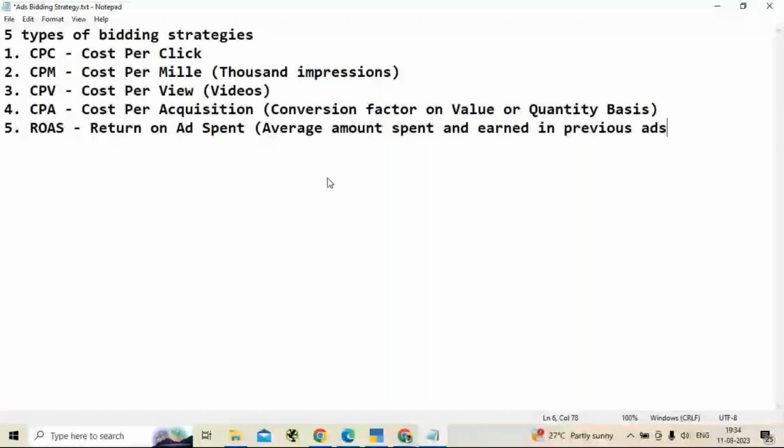It takes the average value that you have spent and earned out of it. Based on that, it is calculated and it is going to charge you. Okay, so these are the different types of bidding strategies, and you can choose. It is up to you what kind of strategy you want to implement so that you get charged on that basis, right? So I'll share this with you people.